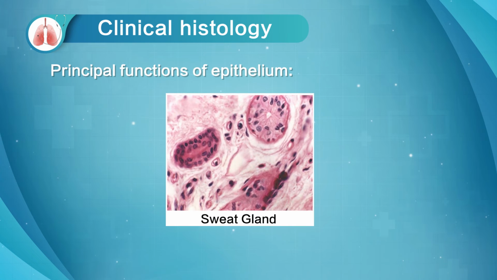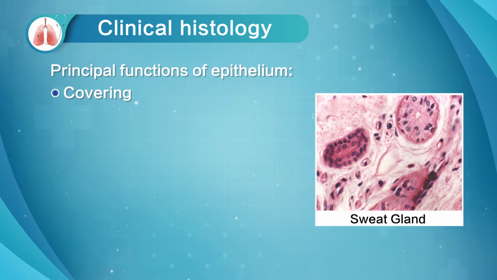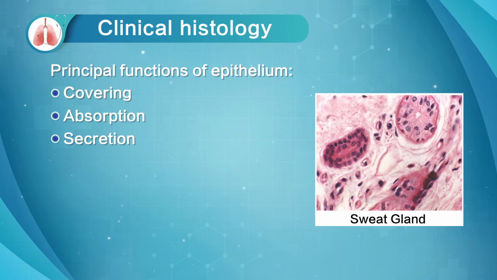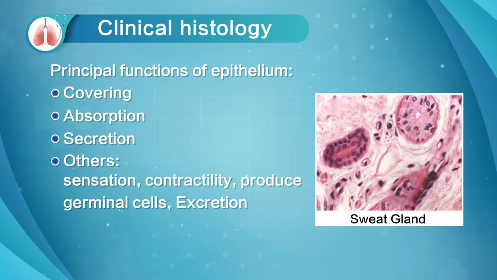The principal functions of epithelial tissue include the following: covering, lining, and protecting surfaces, for example, the epidermis, the skin that covers our body. Absorption, for example, the intestinal or gut lining. Secretion, for example, sweat glands. Others: specific cells of certain epithelia may be contractile, for example, myoepithelial cells that act like muscles, or specialized sensory cells such as those of taste buds or olfactory